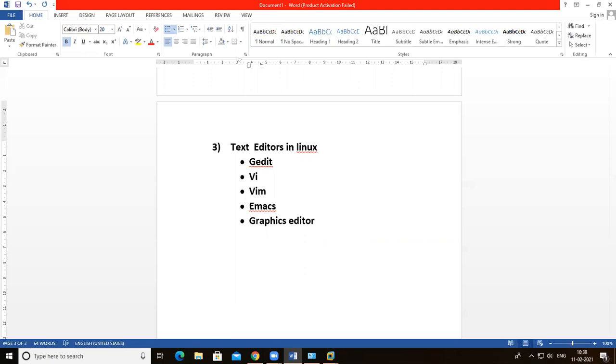Okay, and the last one is the graphics editor. Graphics editors include GVIM, which is a GUI version and has similar functionality to the command line of VIM. And the another one is LeafPad. It is a lightweight GUI based text editor, and it is very easy to use for new Linux users. So that's why it is easy to use and easy to handle, but we are going to use this editor practically, that is VI.